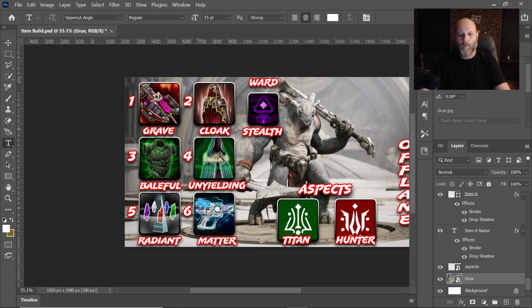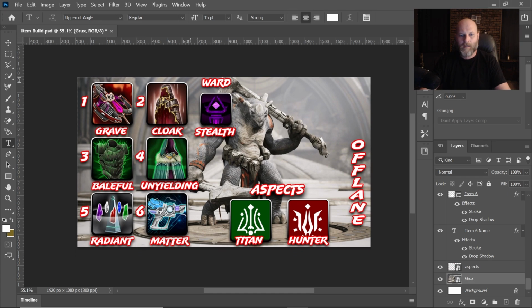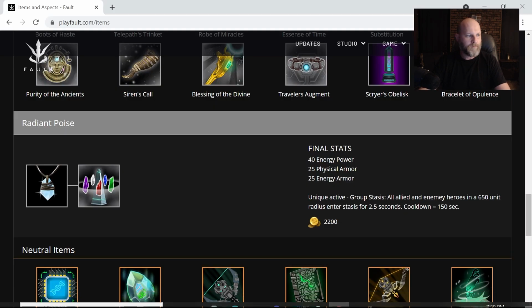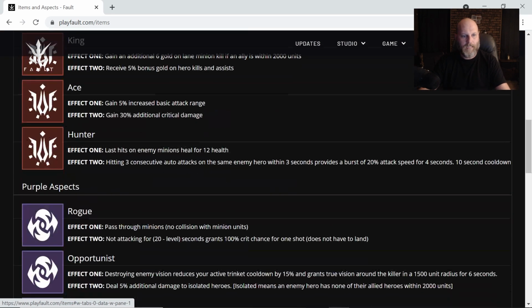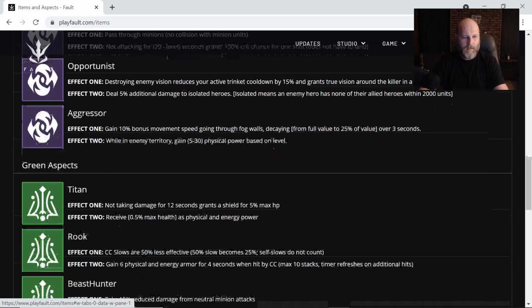So what I was thinking with jungle, I usually try and build kind of a bruisery jungle as if I'm actually good at jungling. I'm just going to say forget it this time. I was looking at it earlier. I'm just going to go all damage and just have fun next time I jungle. Like, I don't even care. So let's look at the aspects that we want for jungle. I definitely want that Beast Hunter, as I want to keep Hunter from the red aspects, but I also want